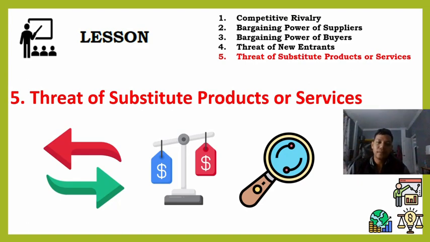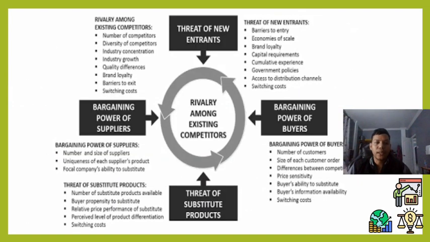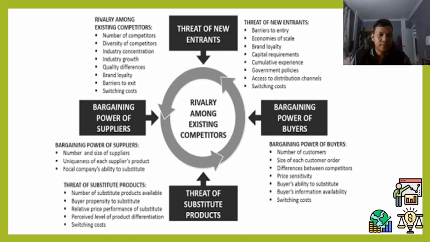Okay, so now let's proceed to the last slides. So we have here the bargaining power of the suppliers, threats of substitute products, bargaining power of buyers, threats of new entrants, and rivalry among existing competitors. So I suggest that you take a picture of this. Okay, so we'll go through this